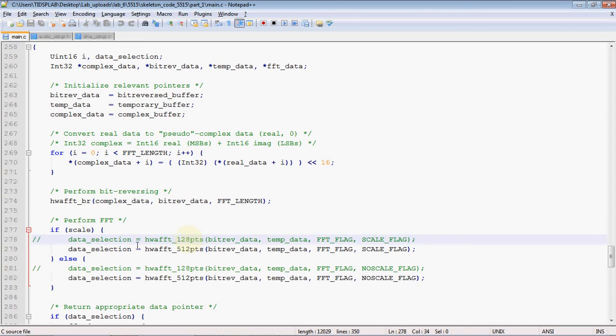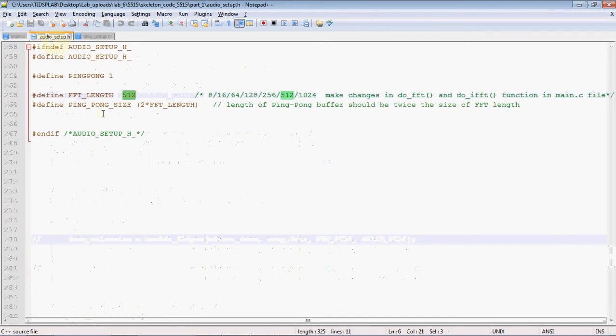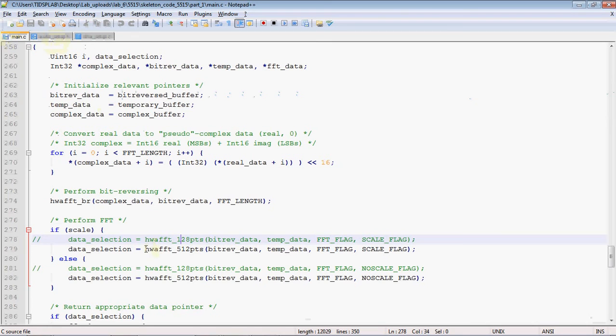Now our FFT length is 512 as we saw here, so we are calling HWFFT_512 points. These functions are defined in a library which is provided by Texas Instruments.